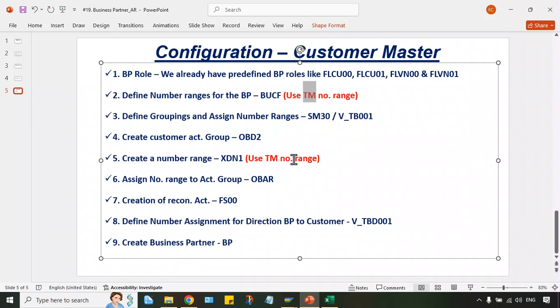Okay, don't look at the video. In the video, I'm using, let's suppose, double Y or double Z or AB number range. Whereas in the PPT, if I have written TM, it means that is the latest number range which I have created for you people, so that without any hurdle, without any problem, you guys can proceed further.